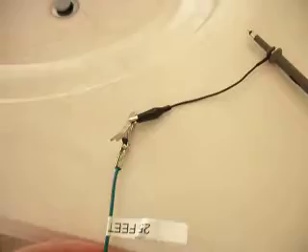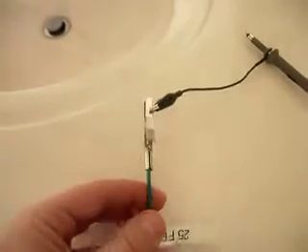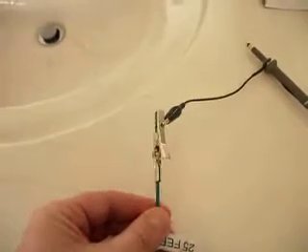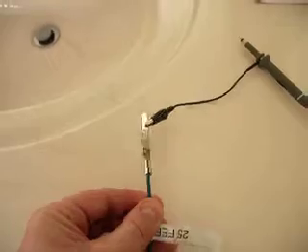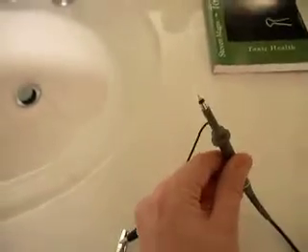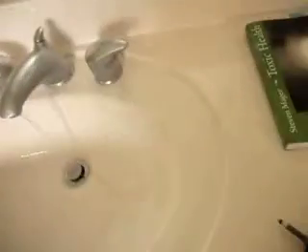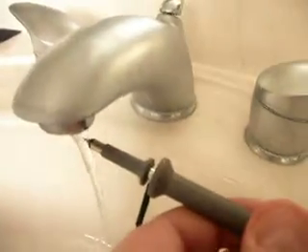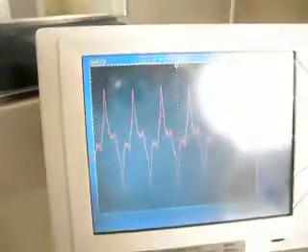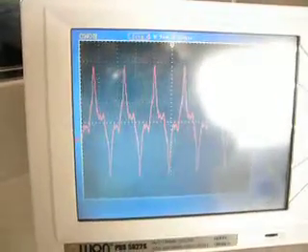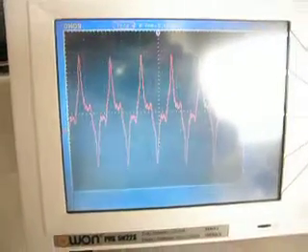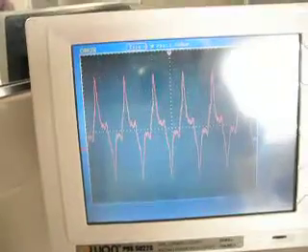To get our reference, we have a non-electrified ground connection. This is connected to an 8-foot ground probe in the garden, far away from any electrical systems. So we're going to put our tip into the flow of water and see what we find. Okay, there's a voltage on the water right now. That's the AC voltage that I've been trying to troubleshoot for the last few months, and that's originating at the utility system,